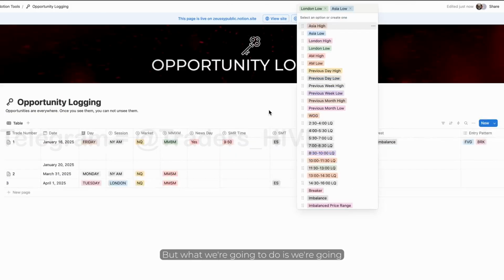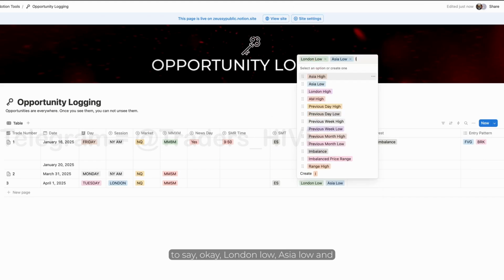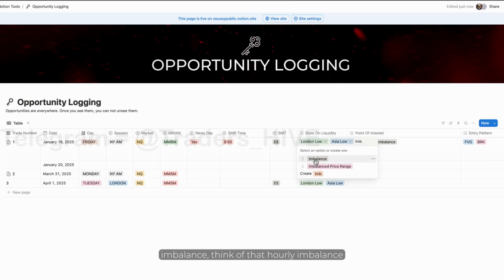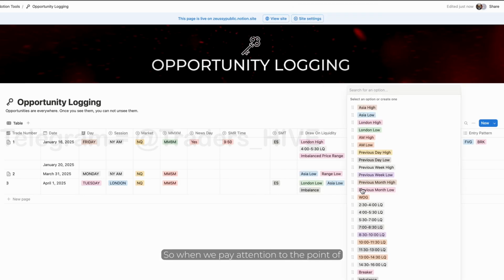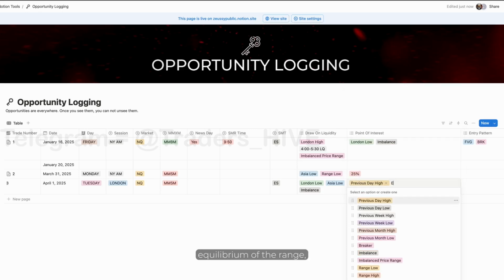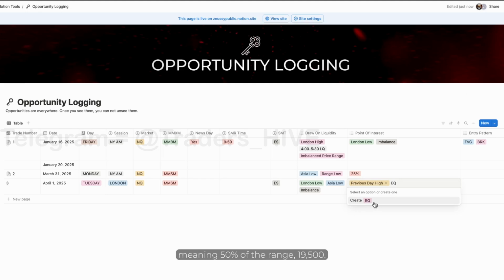But what we're going to do is we're going to say, okay, London low, Asia low, and imbalance. Think of that, are we in balance? All right, so when we pay attention to the point of interest then, the point of interest in this example was the following. First of all, it was the previous day high, as we had mentioned. And next to that, it was equilibrium of the range, meaning 50% of the range,